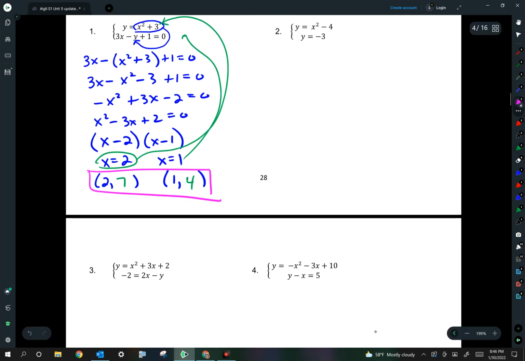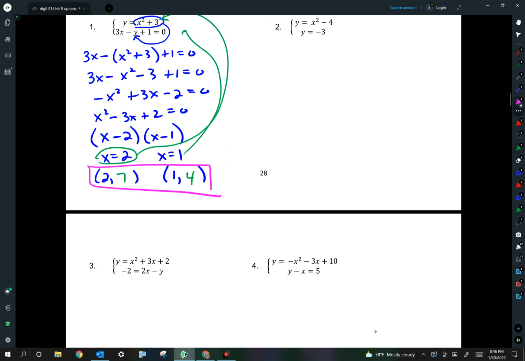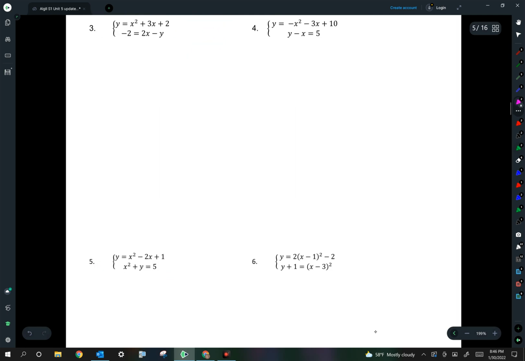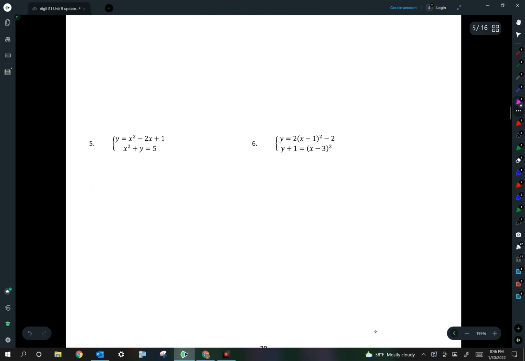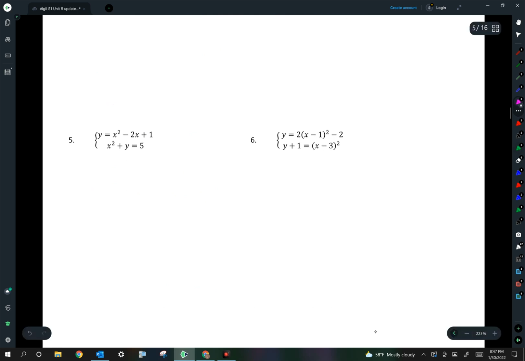I don't think we need to do all of these examples. Let me go over to number... what do I want to go to? Let's go to number 5. Okay, so it doesn't look any different when you first look at it because